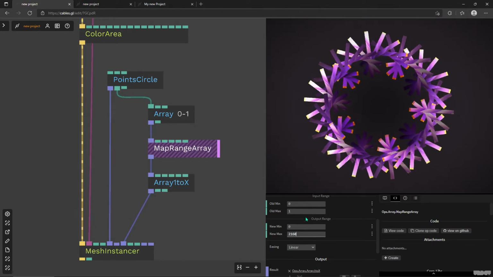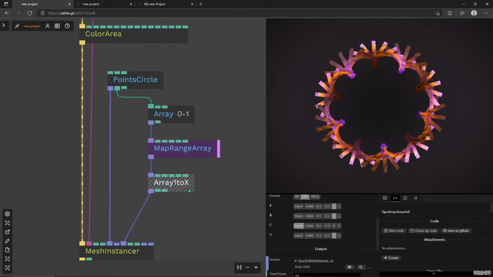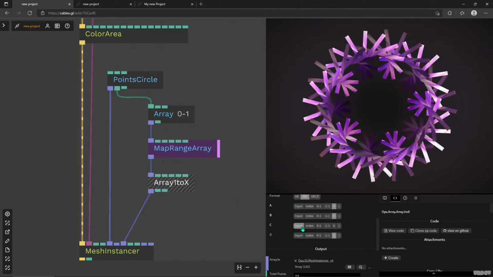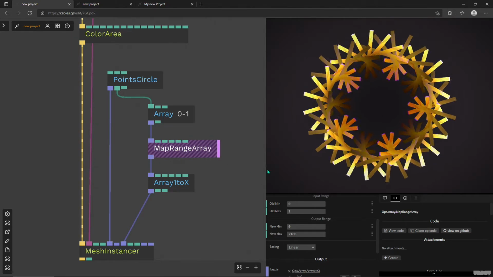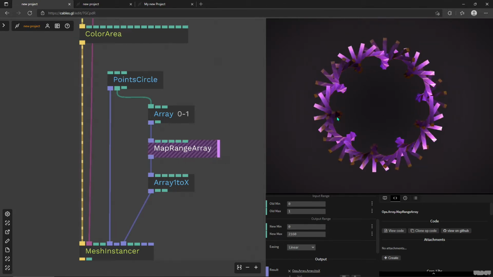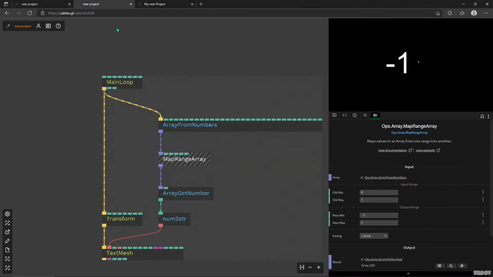So it's rotating on, let's see, what axis is this? On the z-axis, we're rotating 6 times. So you get this really funky kind of mathematical shape. And what can we do? Let's just